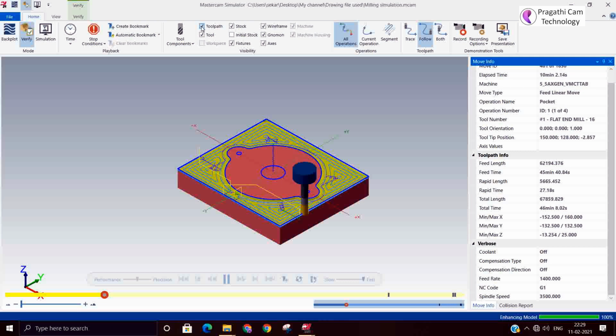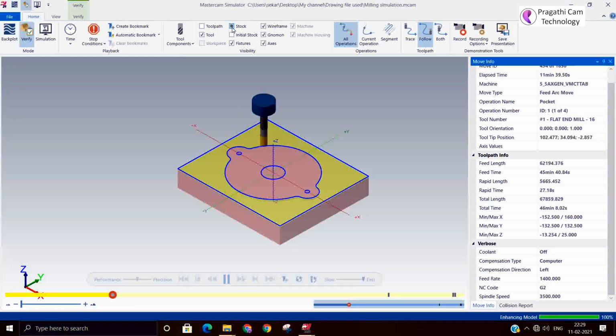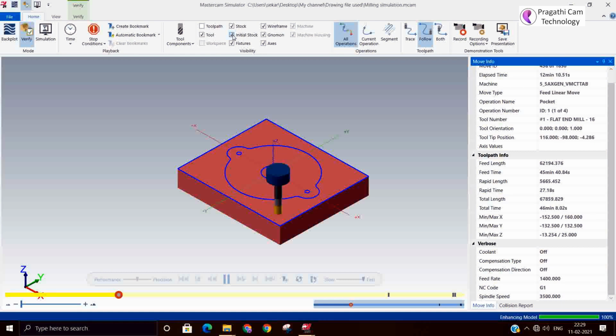If you want, you can switch on or switch off the toolpath, the tool or holder, and the stock, whether you want to see them or not. You can switch all of these on and off in these places.